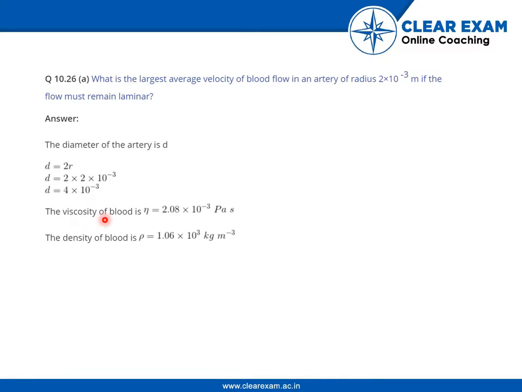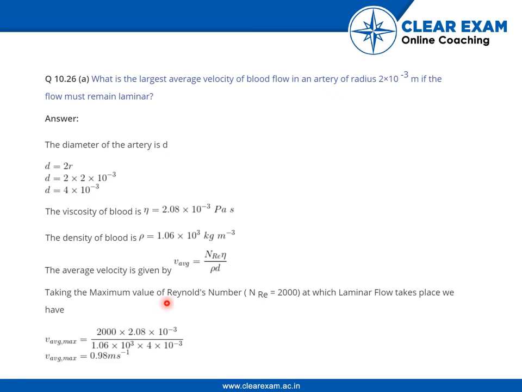The viscosity of blood is 2.08 × 10^-3 Pascal second. The density of blood is rho, which is equal to 1.06 × 10^3 kg per meter cube. The average velocity is given by V average equals N_RE times eta divided by rho D. Taking the maximum value of Reynolds number, N_RE equals 2000, at which laminar flow takes place, we have 0.98 meter